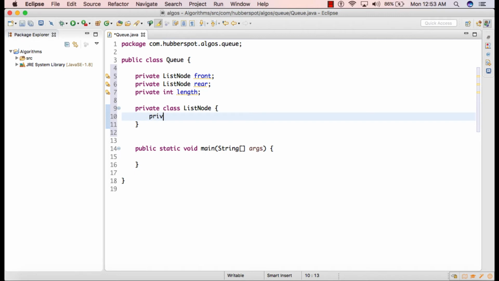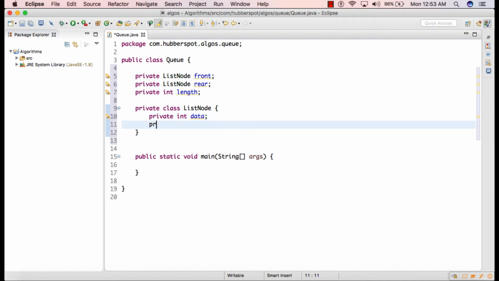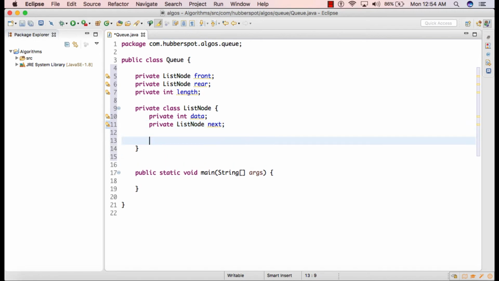So private int data, and the other is the reference to the next list node. We will also create one constructor, public ListNode.